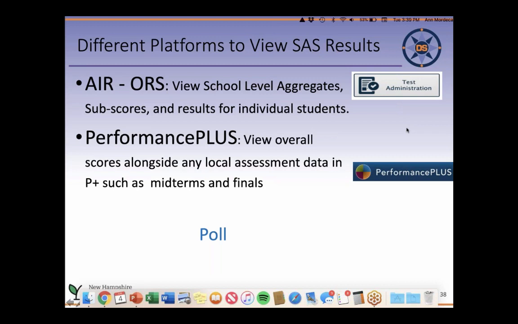So first I'm going to go over the ORS. I can actually go live with this, so that's what I'm going to do. We have a test version of this, and that's what I'm going to use. So when you're going to the ORS, you go to newhampshireportal.ars.org. This is the same place that the students take the test. I'm going to go home so we can see where we start. And when you first log on, this is where you come. Test administration, it's the only place I've ever clicked a link on this page. So I go to test administration to administer the test, look at questions, training, tied. But for this, I want to look at the ORS, the online reporting system.